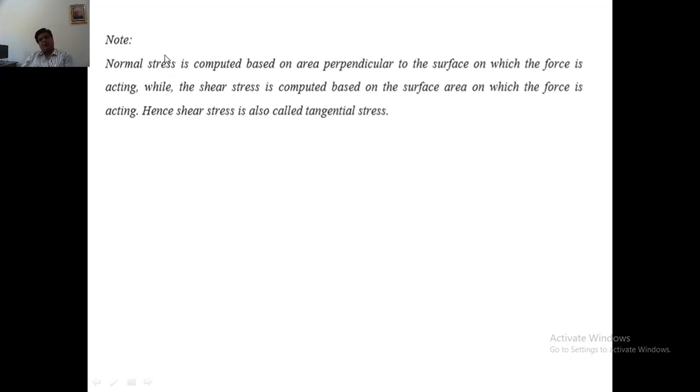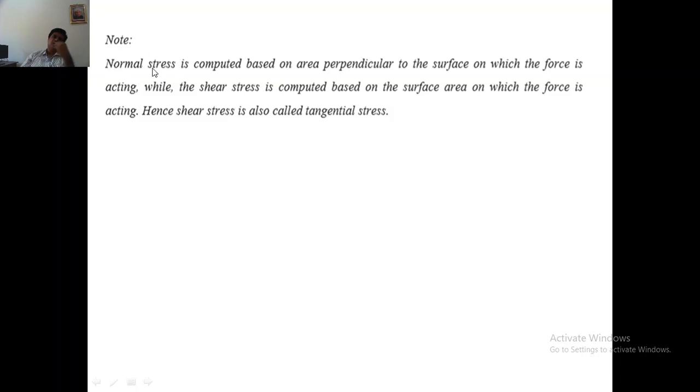And normal stress can be tensile or compressive. Normal means which is acting along the axis or perpendicular to the surface cross section. So it can be tensile or it can be compressive. And also shear stress can be positive or negative, that is, it depends upon in which direction it is acting. If the shear stress or shear force causes turning in the positive direction, in the clockwise direction, it is called positive shear stress. If the shear stress causes the turning of the object in the anti-clockwise direction, it is called negative shear stress.